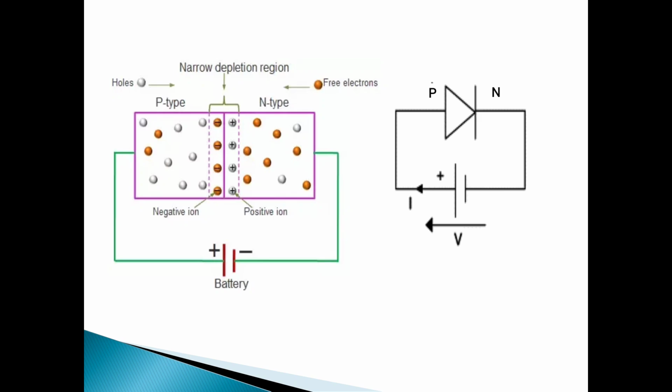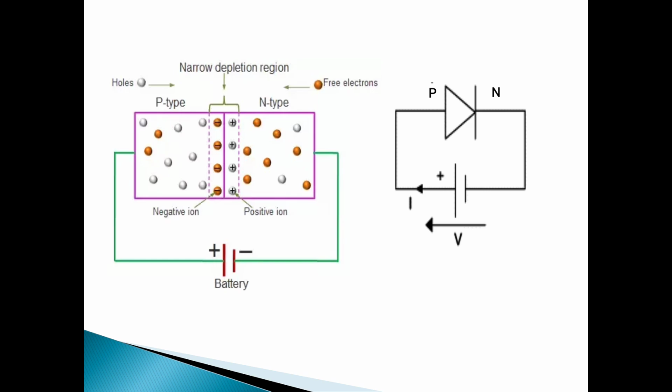Similarly, the electrons, which are the majority carriers in N-type, are repelled by the negative of the battery and are able to cross the potential barrier and the depletion region width formed at the junction and move from N-type to P-type of the PN junction diode. So the direction of movement of holes is from P to N and the direction of movement of electrons is